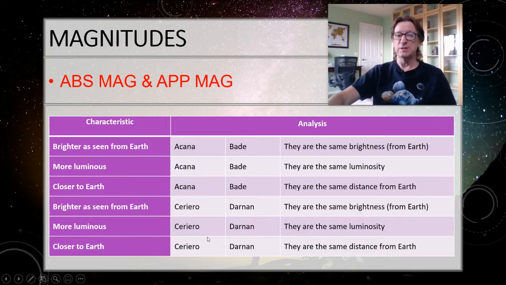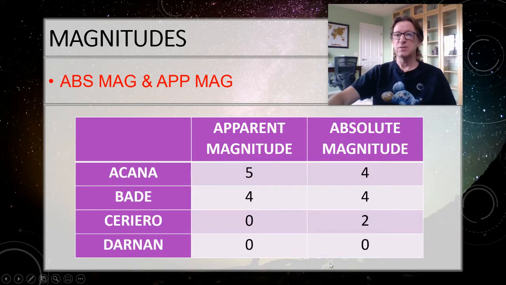Which one is more luminous, star C or star D? That's going to be the absolute magnitude. Star C came in 2nd place. Star D came in 0 place. Okay, it beat the 1st place. So this is even brighter than the 1st place. So star D must be actually the brightest. It's got the brightest absolute magnitude. So that means it's got the highest luminosity.